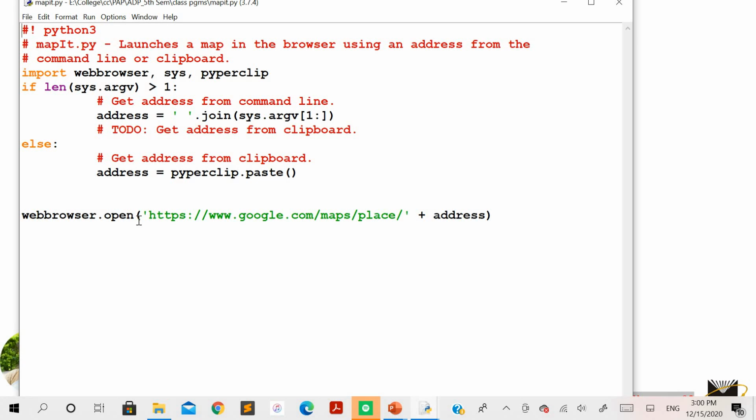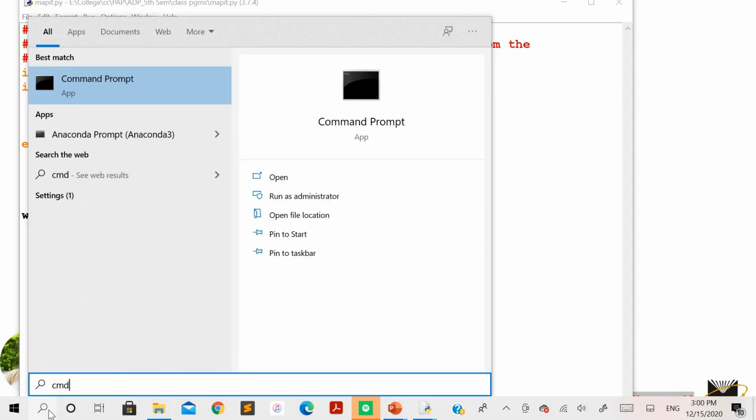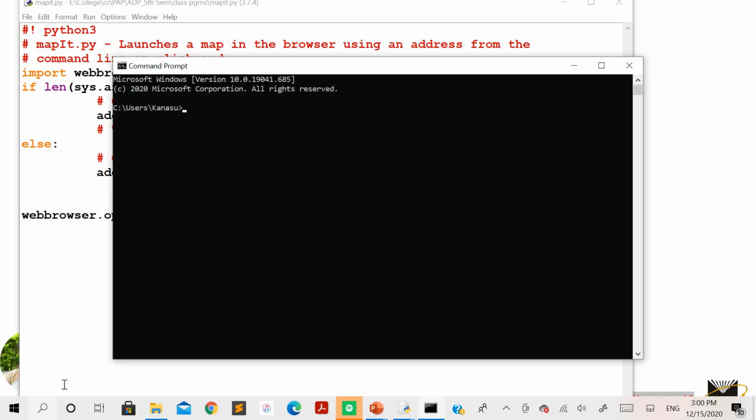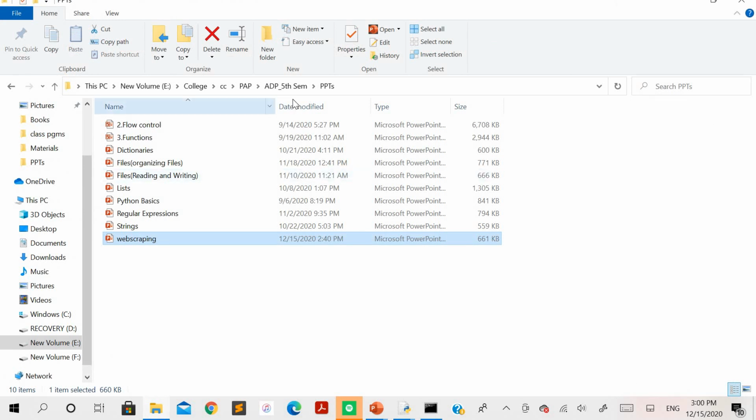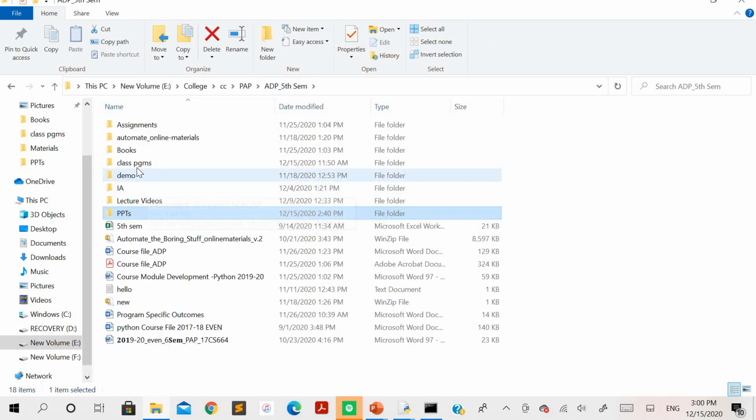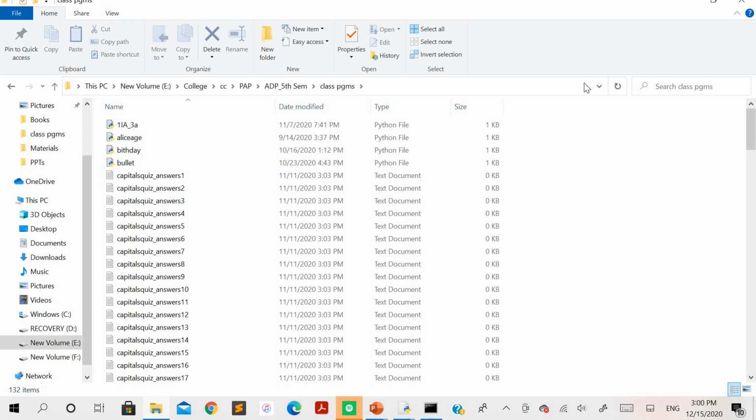So now we'll see how we'll be able to execute this program. Executing this program is a little trickier here. You need to execute this program with the command line arguments. So we'll start doing that. So open the command prompt. Right, so here you can see, by default it is going to point to the C drive, but in order to run any Python program, first you need to set to the path where the Python program is located here. So my Python program is located in this folder.